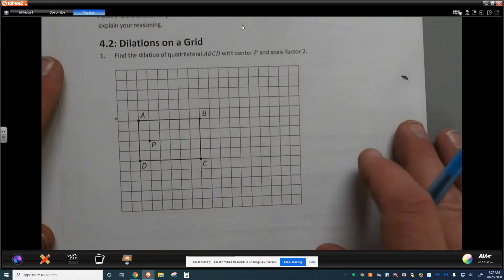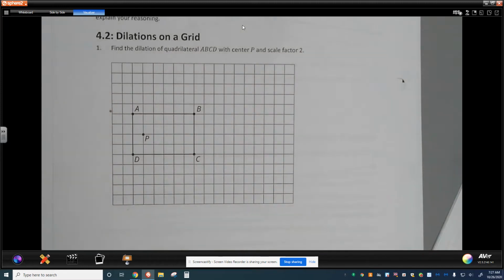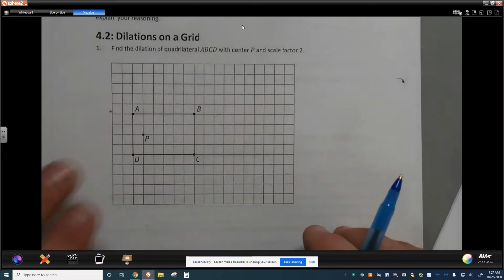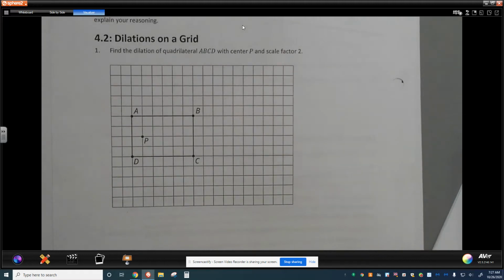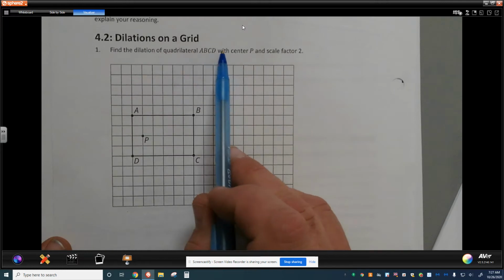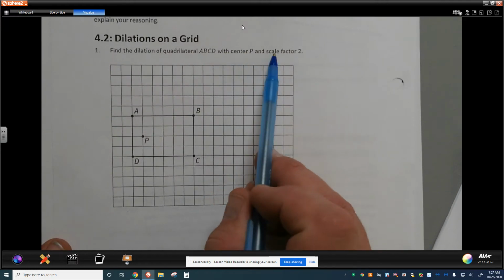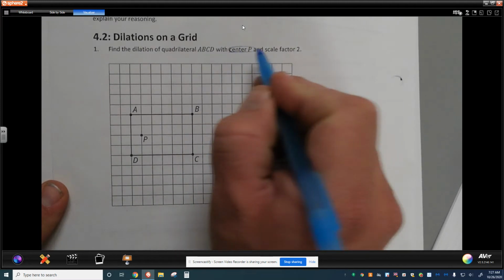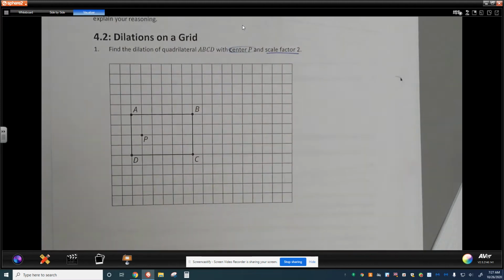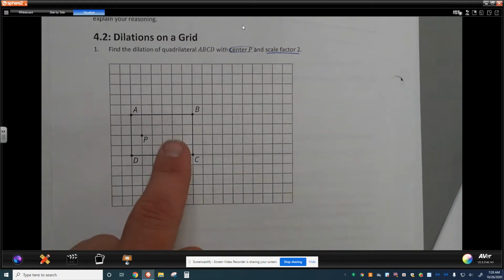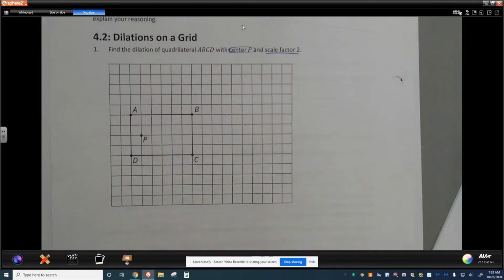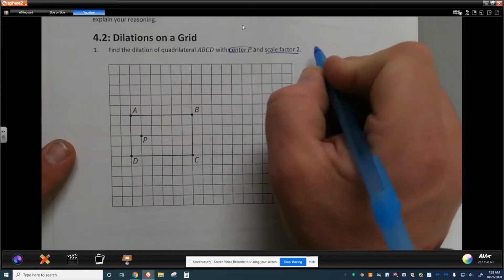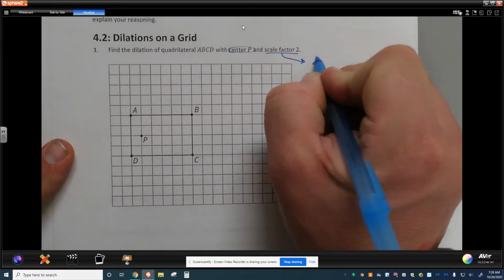Let's get to the fun stuff. When we talk about dilating on a grid, we're talking about actually growing and shrinking from a given point. In this case, we have quadrilateral ABCD that has a center of P and a scale factor of 2. Recognizing that we have these pieces, center P, scale factor 2, helps us to realize that this shape right here should increase in size, and not just its size, but what we really want to focus on when we talk about the scale factor is distance